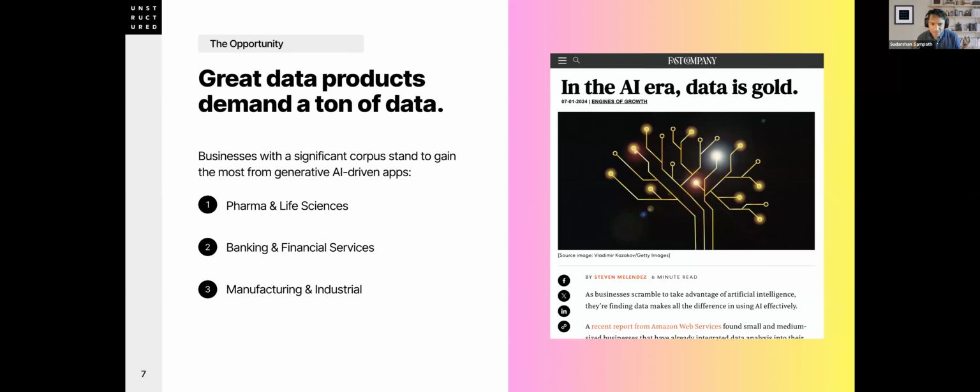And so some of the examples that we've seen through customers that we're talking to, which have large corpuses of data that are very unique to their space, are things like pharma and life sciences. I spoke to a company, I think a week ago, that was looking at their research papers that had genomic strings, and they wanted to parse out genomic strings and figure out how these genomic strings relate to protein strands, and how they can create a database of that information and then leverage that.